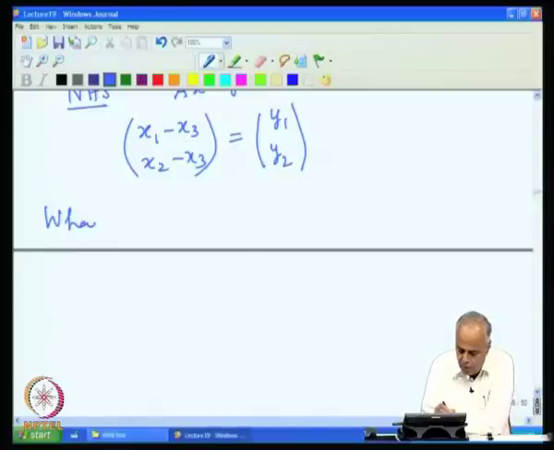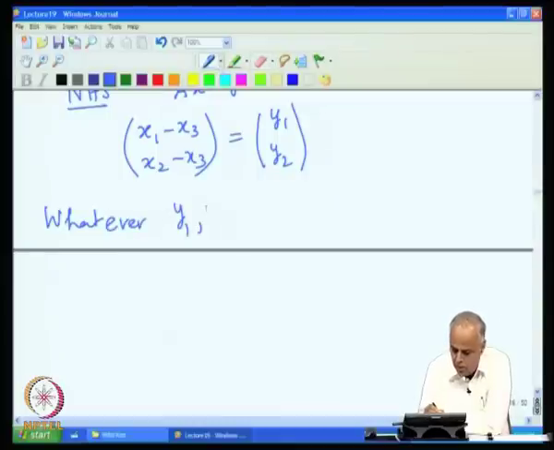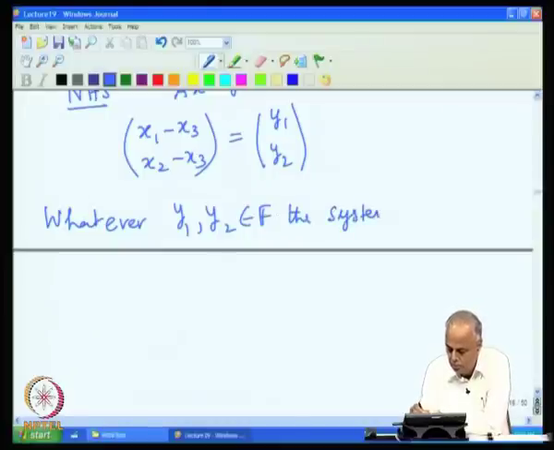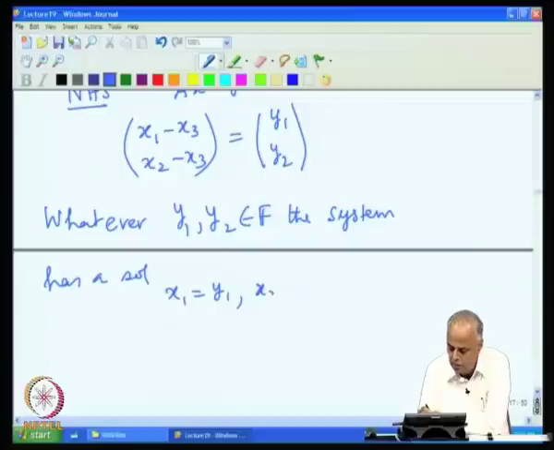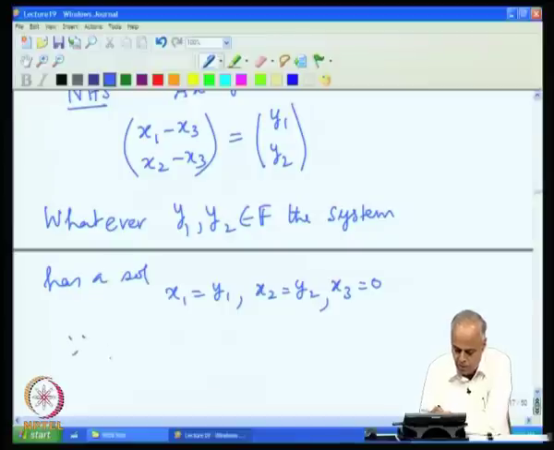We see that whatever y1, y2 we choose in F, the system has a solution x1 equal to y1, x2 equal to y2, x3 equal to 0,